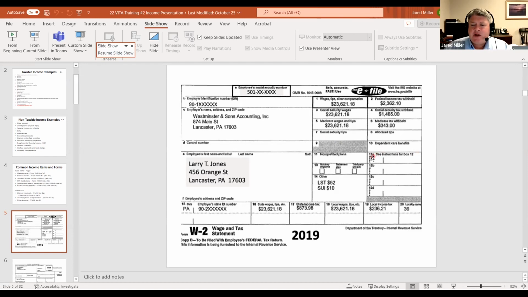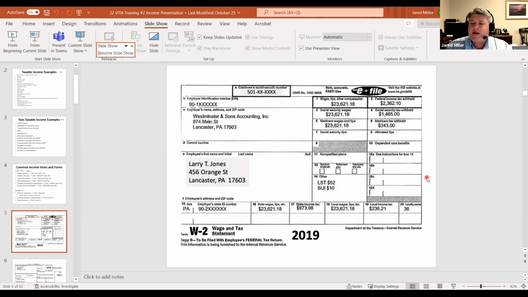A couple other things are in boxes 12A, 12B, 12C, and 12D. These pieces of information will typically flow to other parts of the tax return. So if we see anything in box 12A or 12B or 12C or 12D, we can enter those codes with the information. It's a pretty simple drop-down box. If we need to add more lines, you can certainly do that.